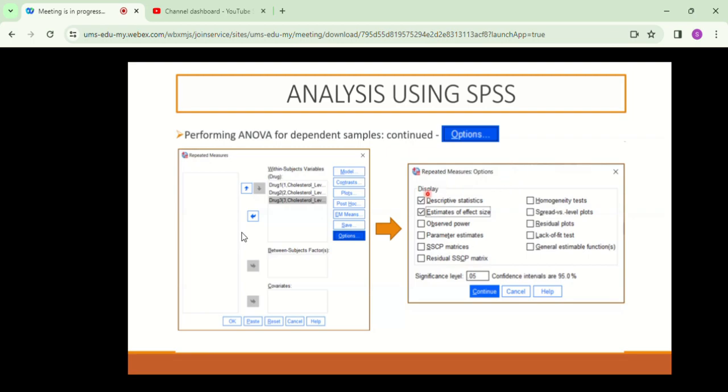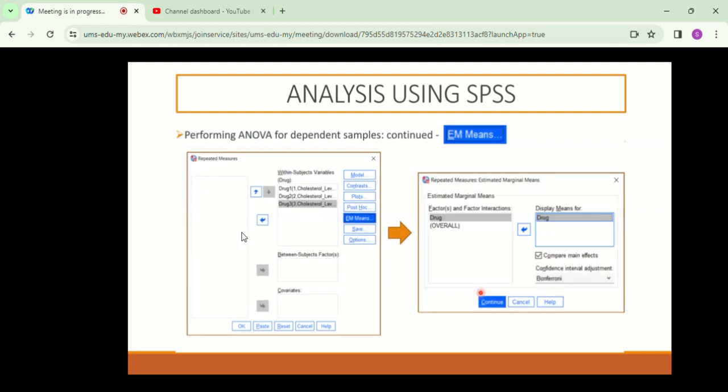So this is the measures that we request. I will ask for descriptive statistics and effect size. The significance level I maintain at the default setting, which is 5%, right? And then click continue. And then another thing that I can ask is